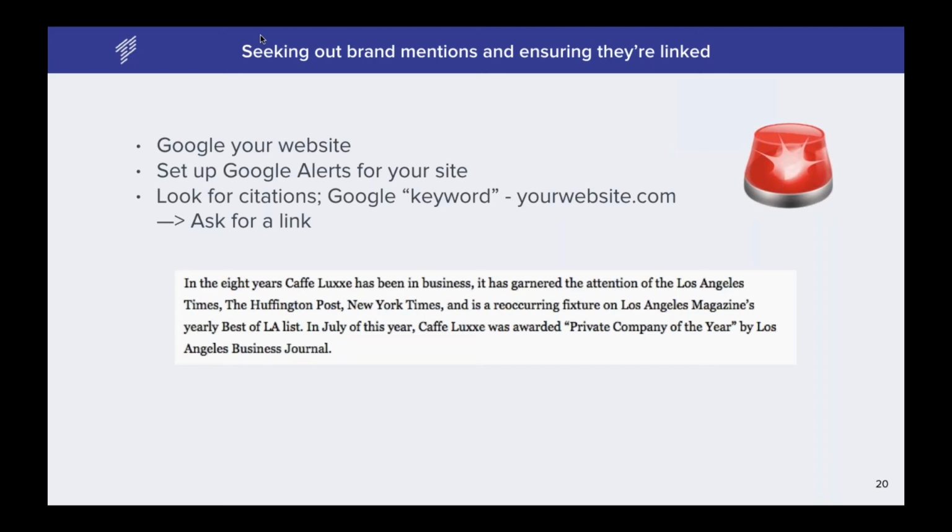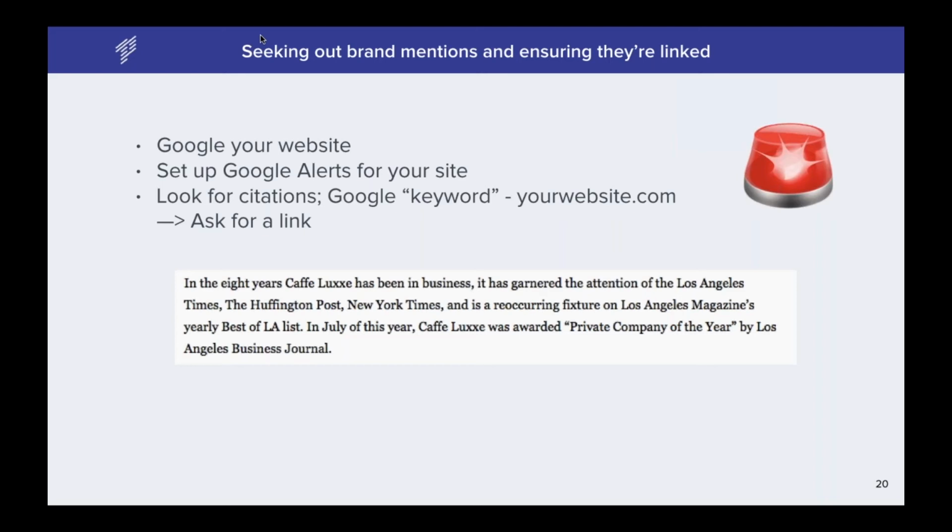If, for instance, this was an explanation of some specific product, some specific coffee type that Cafe Lax is offering, I would definitely try to make sure that they are linking to the specific landing page that explains different types of coffee, or this specific coffee that we are talking about in this article.